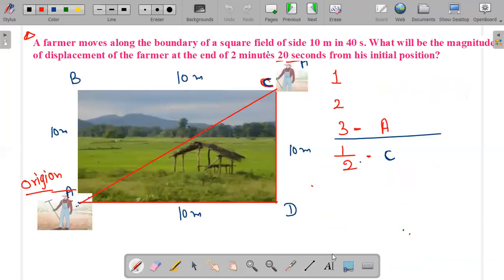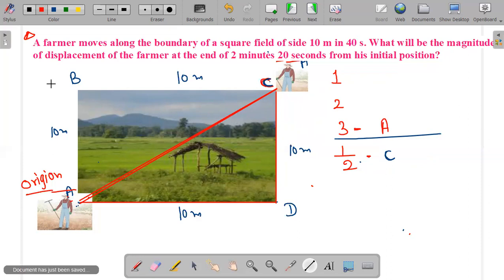Why is this displacement? Because it is from here to here. We have to find only the position C, because this is displacement. What is displacement? Displacement is the shortcut. So we have to write displacement as the shortcut. And for distance,